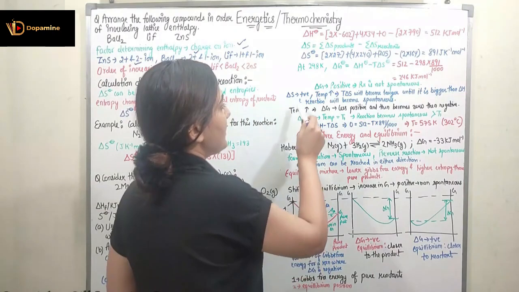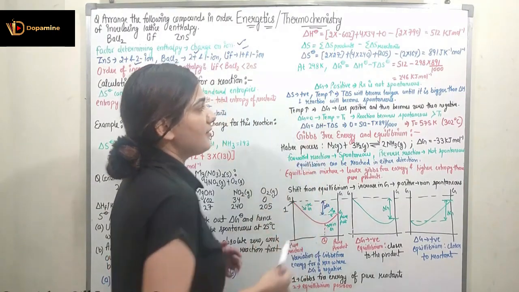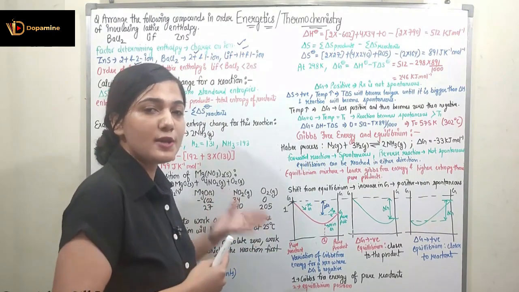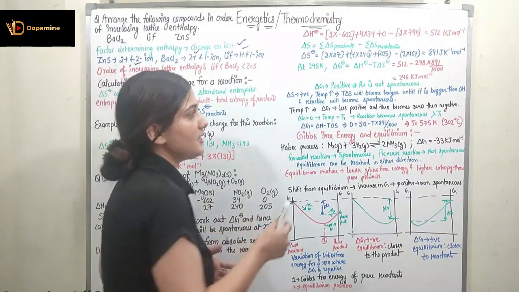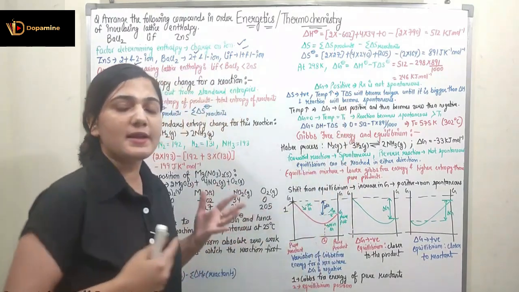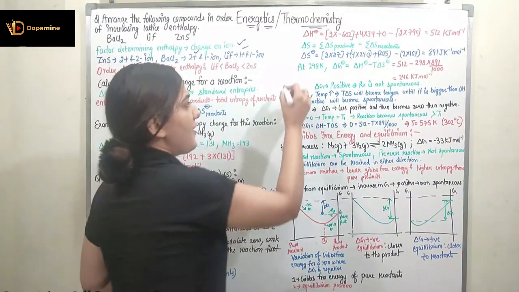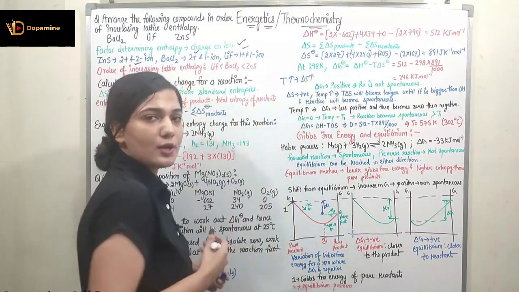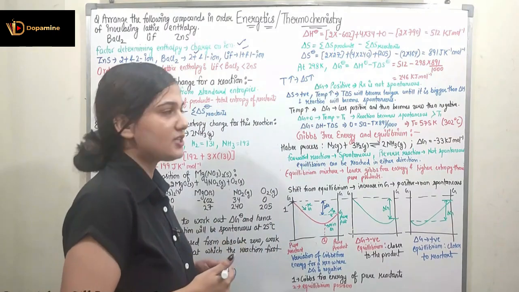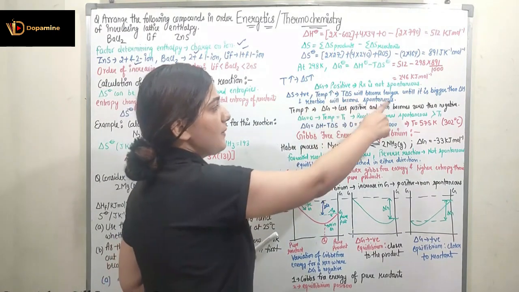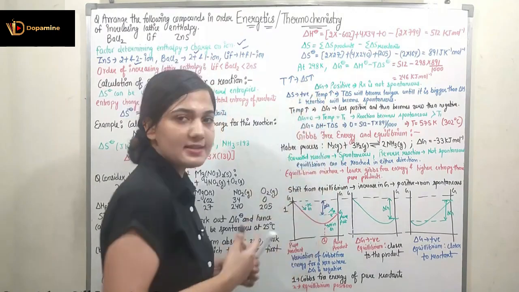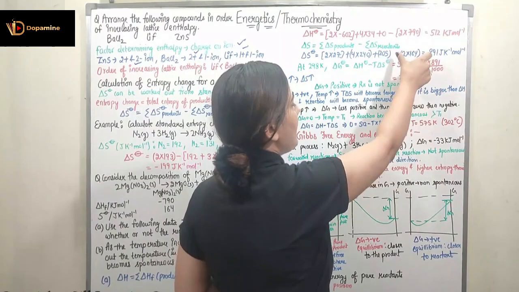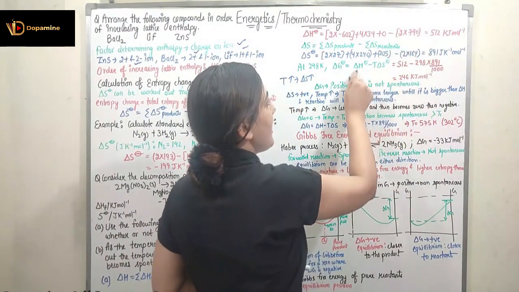Now when the delta S is positive and the temperature is increasing, delta S becomes more and more positive as the temperature increases. So the T delta S will become larger. Obviously, if I increase temperature, entropy will increase with higher temperature, and the T delta S will become higher. So if delta S is increasing and T is increasing, T delta S will increase. So now here this factor is increasing and this is constant.